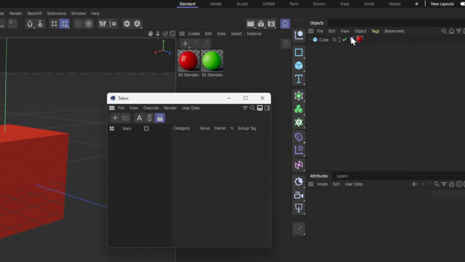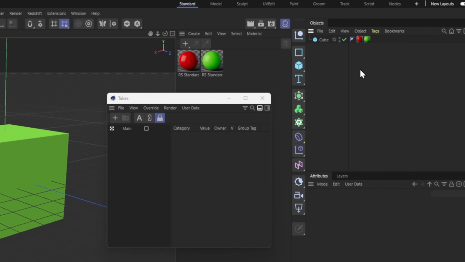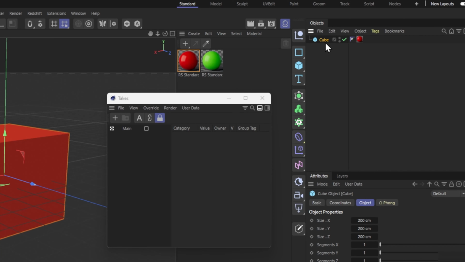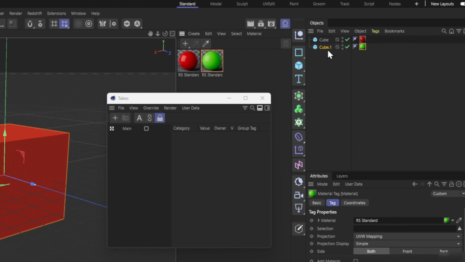So I want this object to be able to change color, right? But the only thing that takes cannot do is change the material. So I bring this material into here and it changes the color in the viewport, but I'm not going to be able to change that color in the take. So what I want to do is clone the object. So I have my cube here. I'm going to alt click and then drag and then make another object and delete this object material and make it the green material. So right now I have my main take, which is just the basic scene